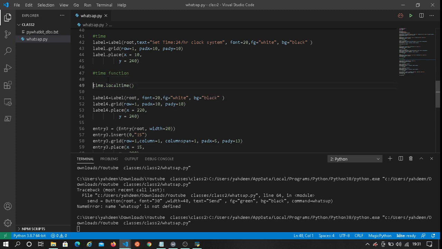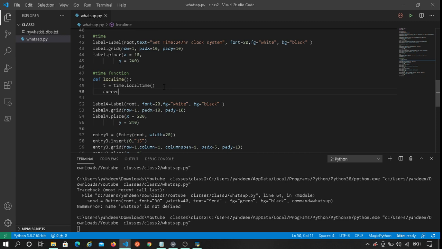I'm commenting it, so let's write it again. Define local. Basically this function will show the local time of that area, so that the user can set the time correctly.